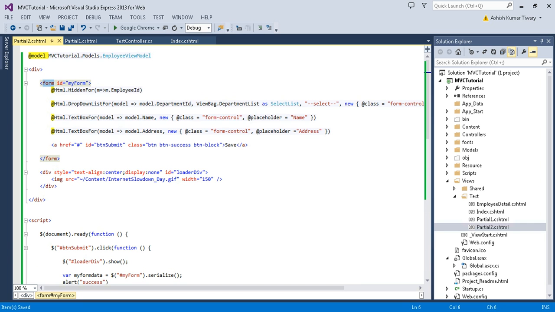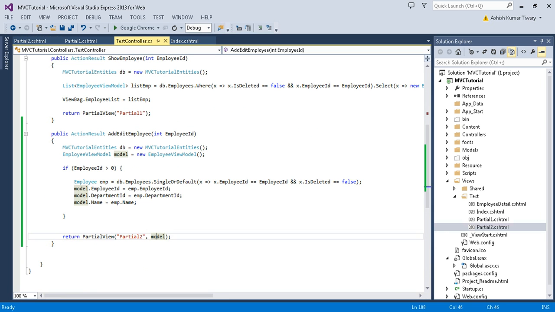So this is my form. Here I have taken one hidden field, my ID, employee ID. Okay, and my department list, means it is my department drop down, and I will just bind this drop down dynamically to ViewBag.DepartmentList. Okay, so let's move to the